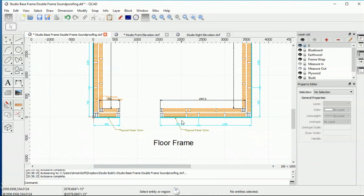The building that I'm constructing for my home recording studio is smaller than the local government's requirement for any approval, which is 20 square meters. If I was building any bigger than 20 square meters, I would have to submit design plans to the local council to be approved before I can construct it. So my construction is below that threshold, but I still thought it was a great idea